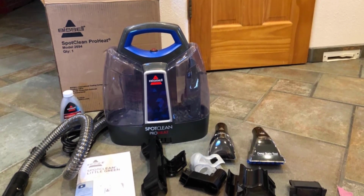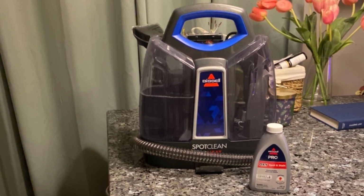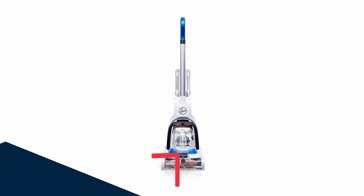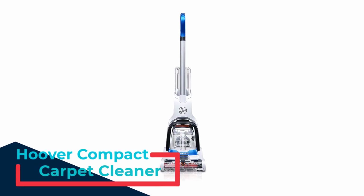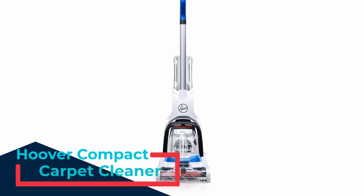About 2 hours after scrubbing, we found that the rug was only faintly damp, meaning this device doesn't dispense excess water onto your flooring. Number 2. Hoover Compact Carpet Cleaner. This portable carpet cleaner combines the stain-removing power of a water tank with the convenience of